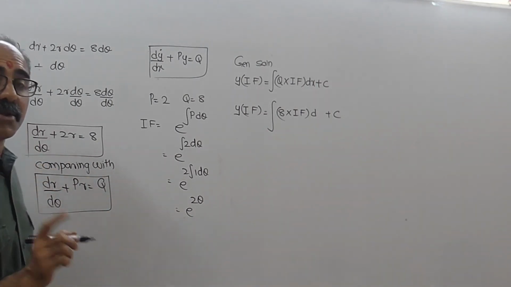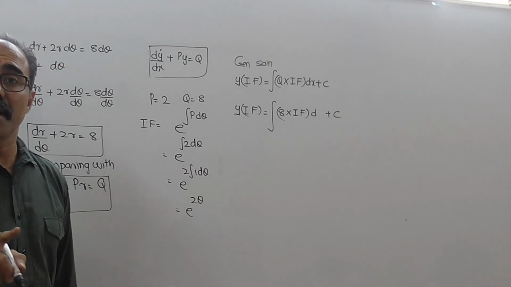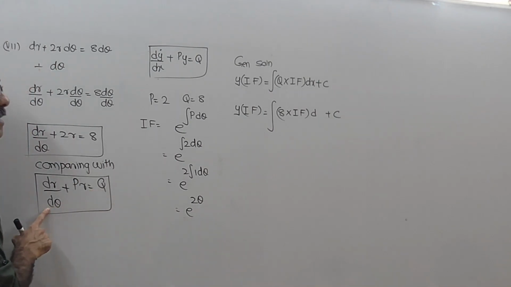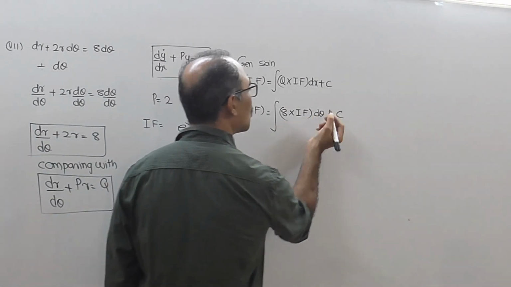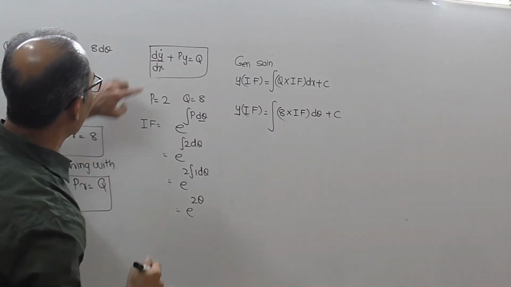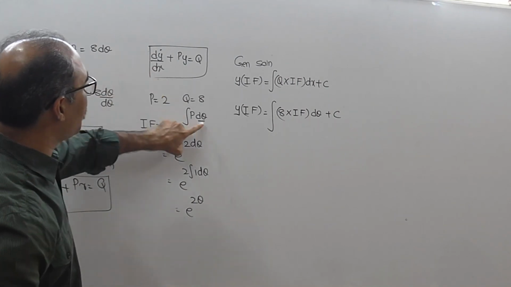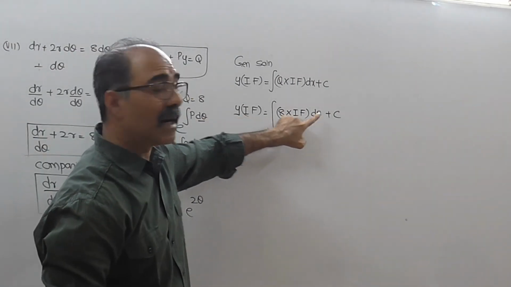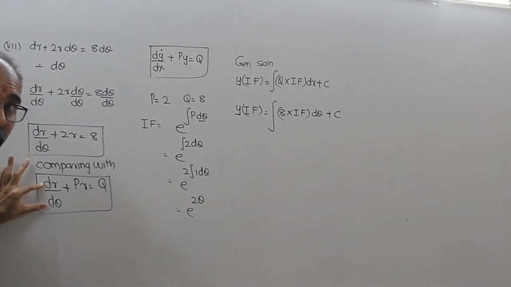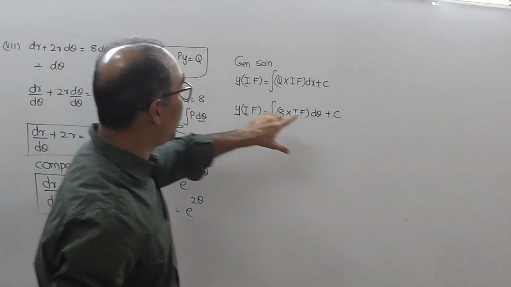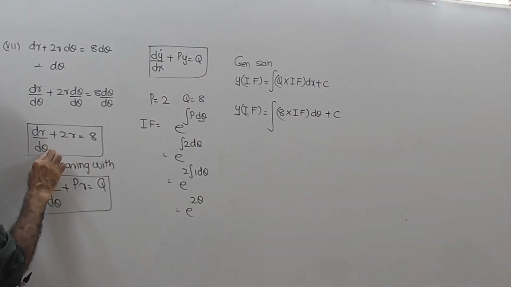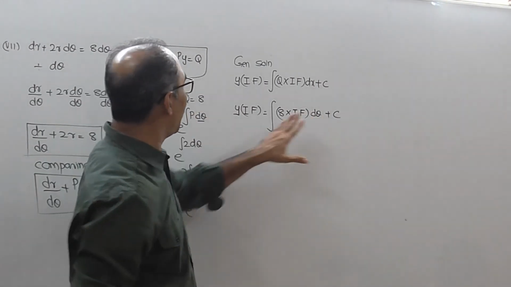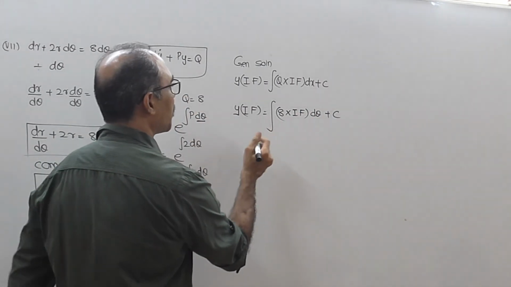dr by d theta means you're differentiating with respect to theta. इधर भी d theta लिखा है तो automatically this will also be d theta. से ऐसा याद रखने का, अगर मैं dy by dx लिखेगा ना तो p के साथ dx आएगा, ये भी dx आएगा. अगर मैं dr by d theta लिखेगा तो मेरा d के साथ x नहीं आएगा, d के साथ theta आएगा, because here I am differentiating with respect to theta. So automatically even if I integrate, I will be integrating with respect to theta.